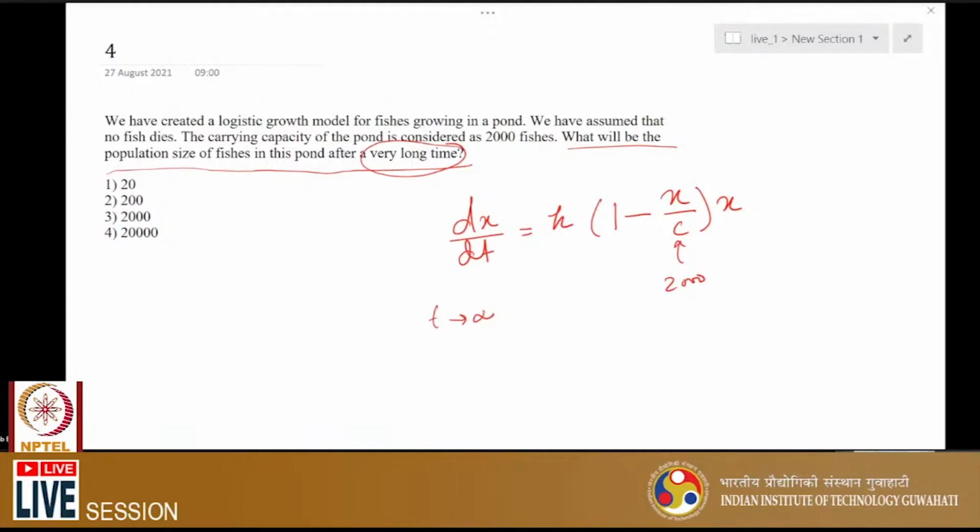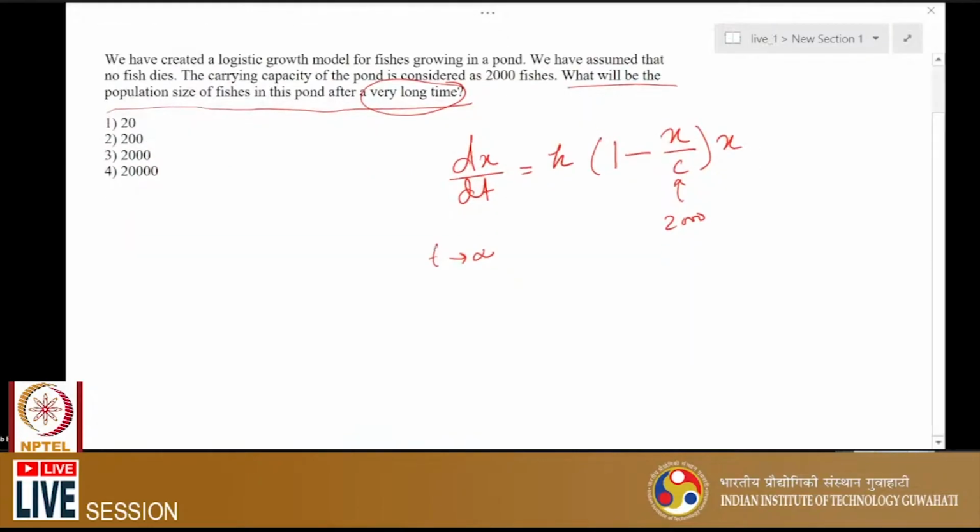Now, how will you approach this problem? You can approach it in two ways. One is a bit laborious, another one is a bit smart. So the laborious way, let me tell you. The laborious way is doing dx by (1 minus x by C) x equal to k dt. You rearrange terms and then you integrate both sides, and you get x as a function of time,